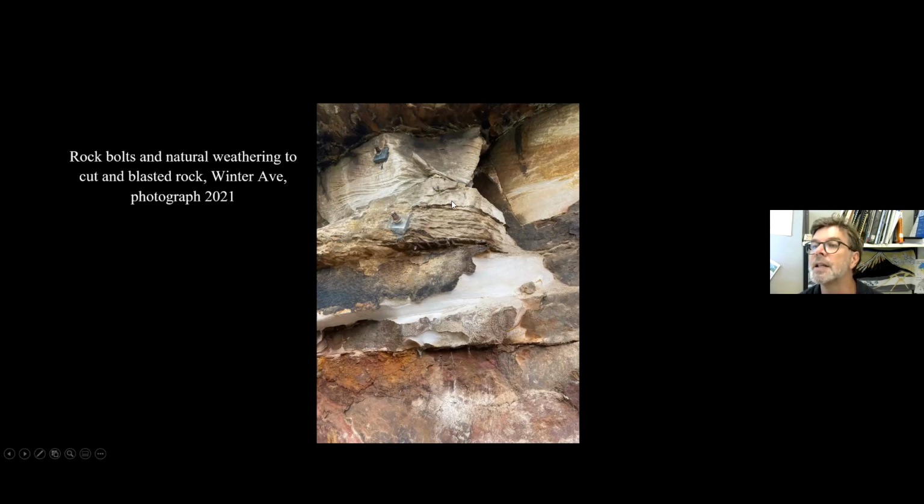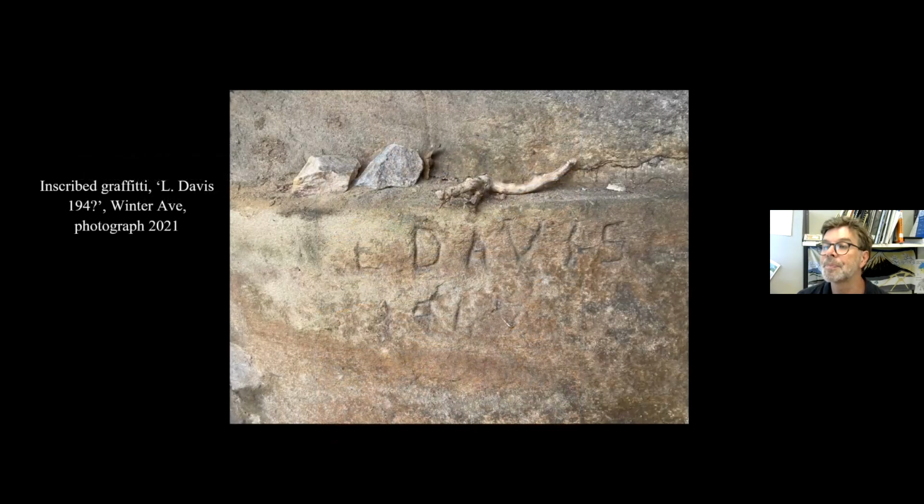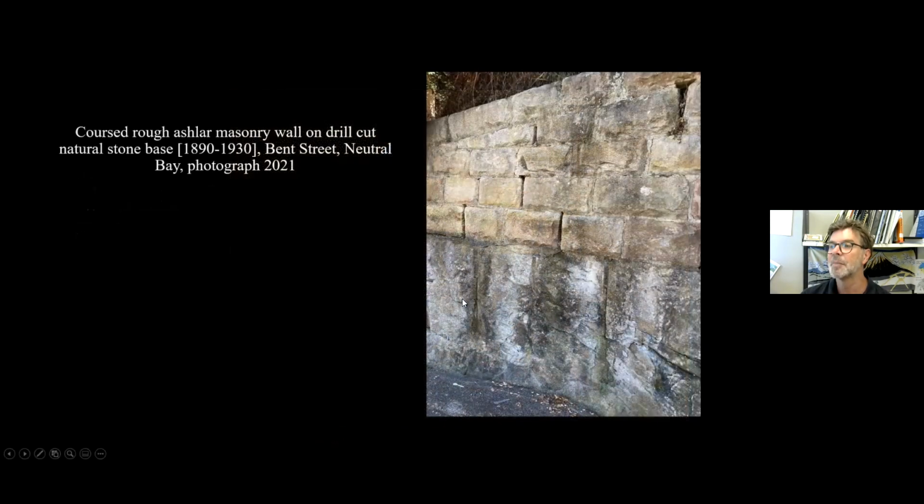What's particularly nice in this area here is all under here, not so obvious in this photograph, are little cobwebs, thousands and thousands of spiders, and I don't know what species they are, have found a home in these rock overhangs that are possibly artificially created. There's also graffiti. I'm not a fan of graffiti, particularly painted graffiti, but anyway, it's sometimes interesting seeing historic graffiti, and this is L. Davis from 1940 something. I'm not sure what the next number is, but again in the same escarpment.